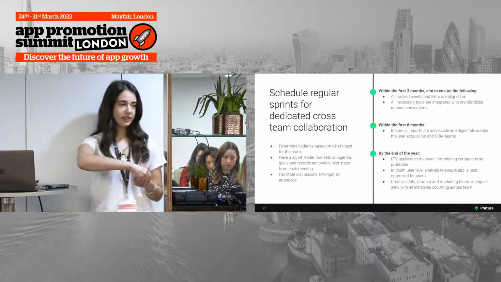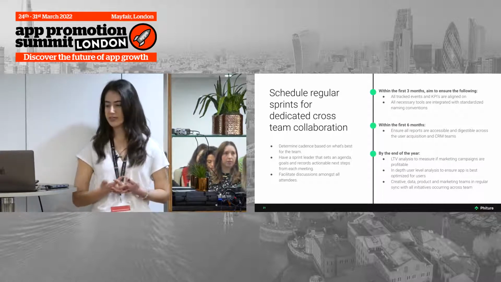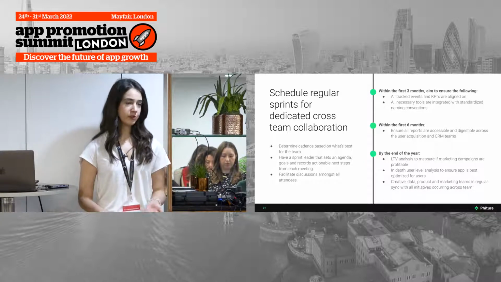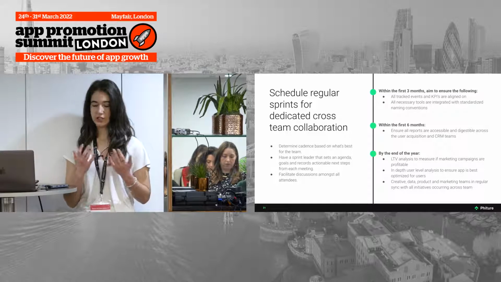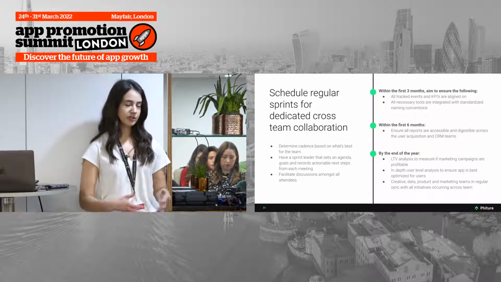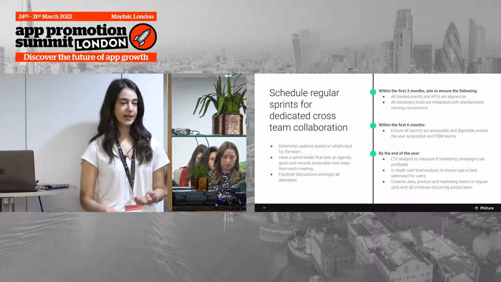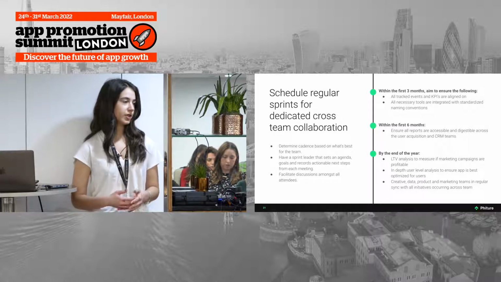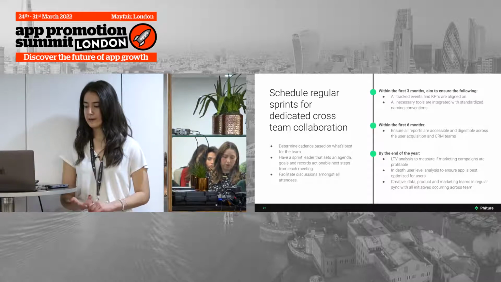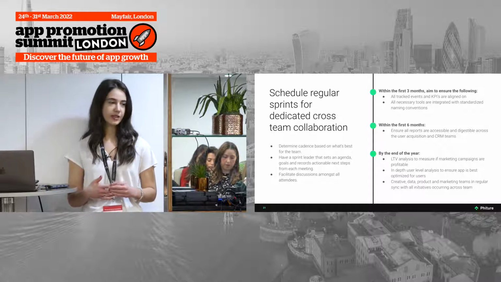And then by the end of the year, hopefully within a year, you're able to really synchronize all the teams together. You're then understanding whether your users are actually profitable. So we said here, you're starting to measure this. It's not necessarily that you find that they are profitable, but you at least start to measure, get everybody on the same page and plan for how you could be if you're not. And if you are, then maybe you figure out a bigger growth strategy. And then, you're running in-depth user level analyses, and you're running A/B tests.